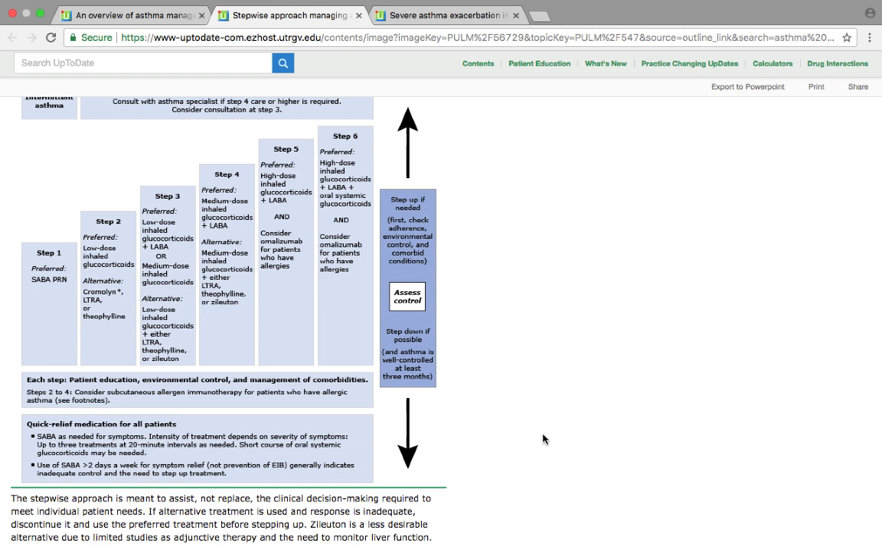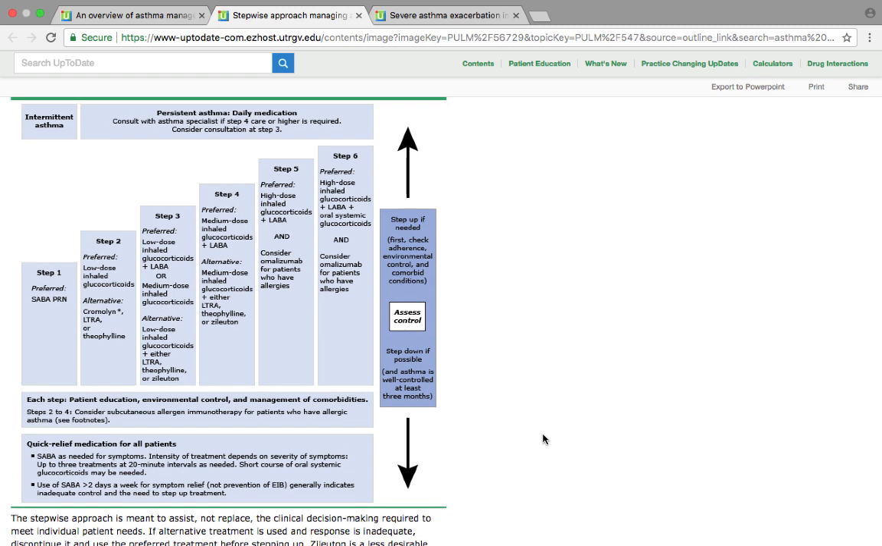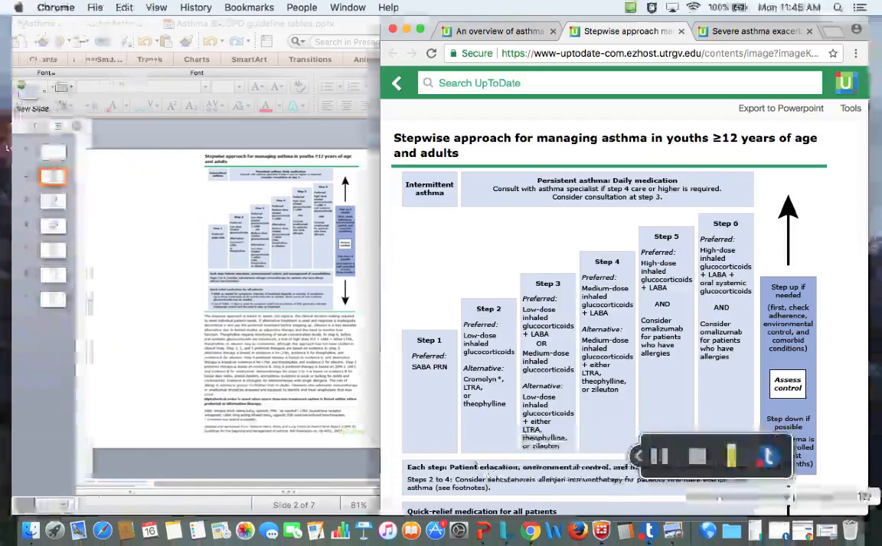It's also, the SABAs are also good to monitor your patients and see how they're doing, because it can be an indication that they maybe need to be stepped up and then they may not have intermittent asthma. And like I said, go to wherever you want to go to refer to things. I like on this quick